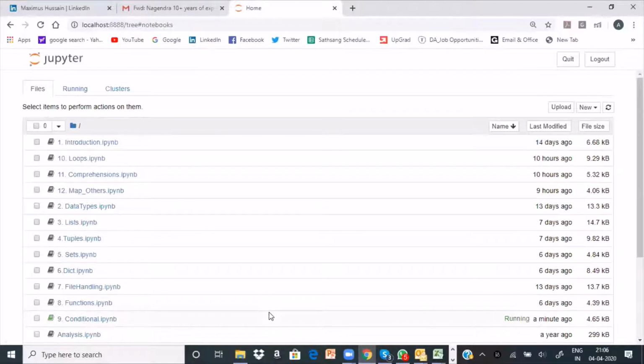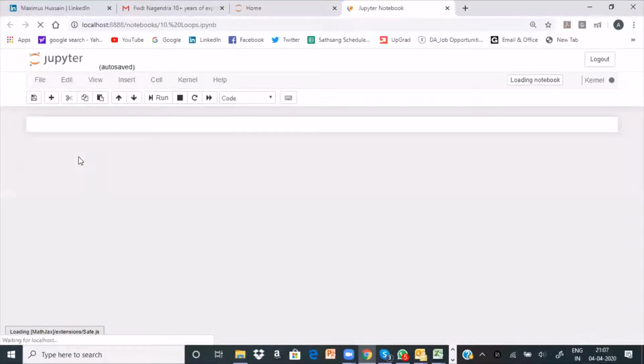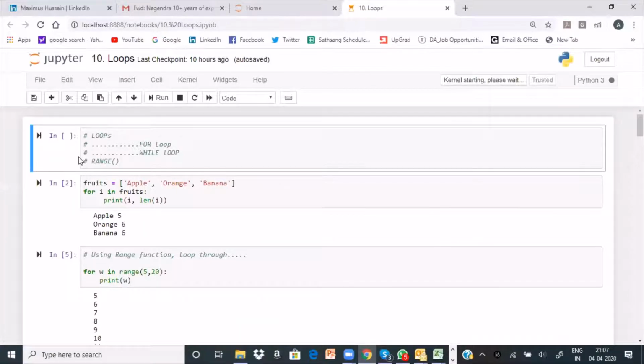Now let us look at loops. Done with conditionals, we are getting into loops. I think we should complete this part today. There are two loops. You all know, for loop and while loop, and these for and while loops are always used, most of the time with respect to data science.